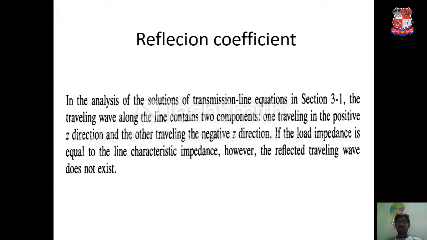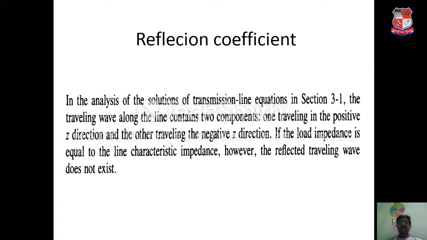So, whenever we think about reflection coefficient, we need to consider a boundary, and the boundary differentiates two areas. The first is the area in which a signal is coming, and the other is the area in which the signal crosses the boundary and travels to the other side. To visualize this, we are considering a transmission line along with a load. Here one area is our transmission line and the other area is the load.